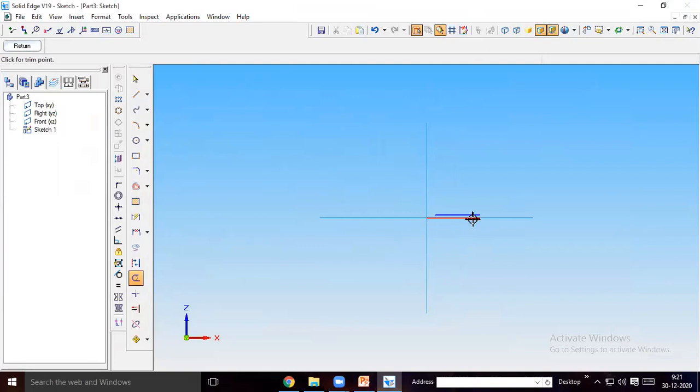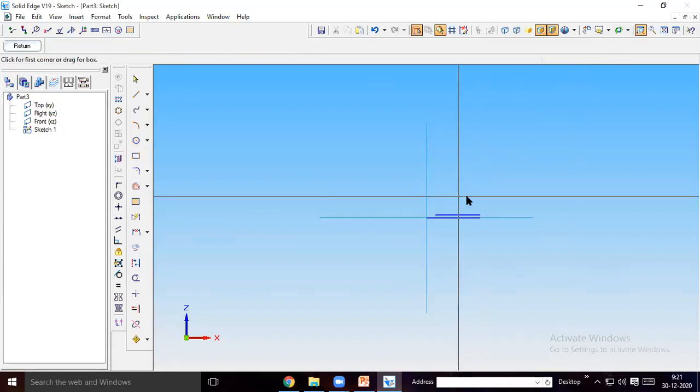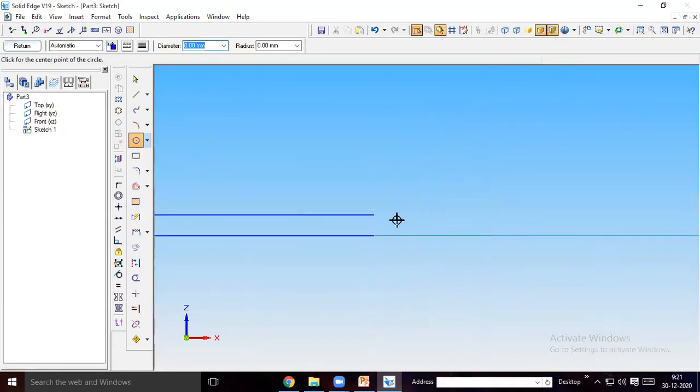So this length is 30 mm. The top length will be from the right side and it is 25 mm. It is 1.5 mm apart. Then you draw a circle from some distance away such that it will touch this. Randomly I am doing this.